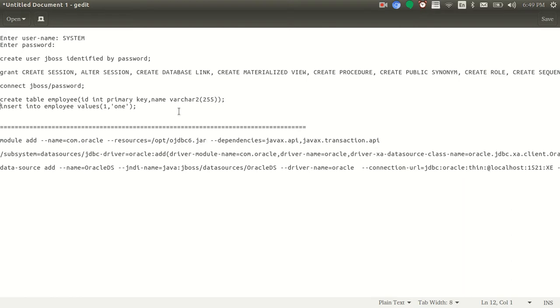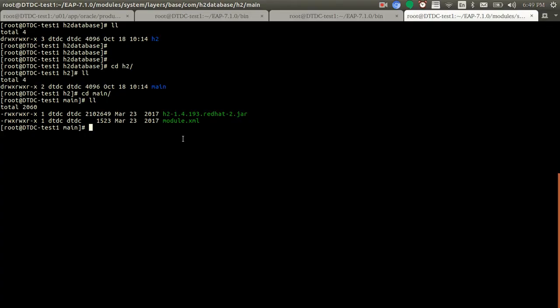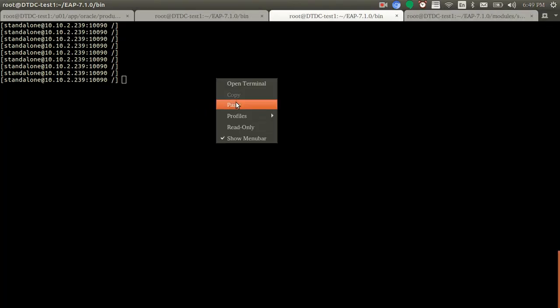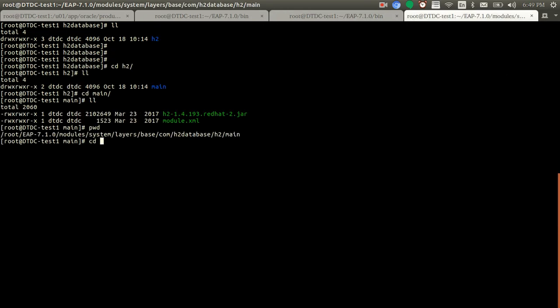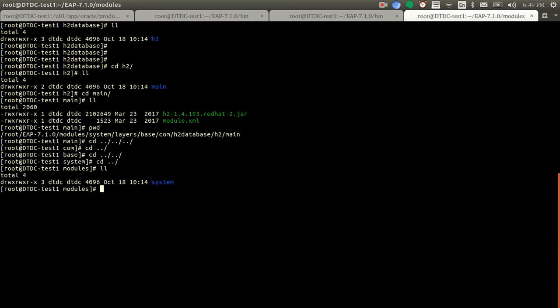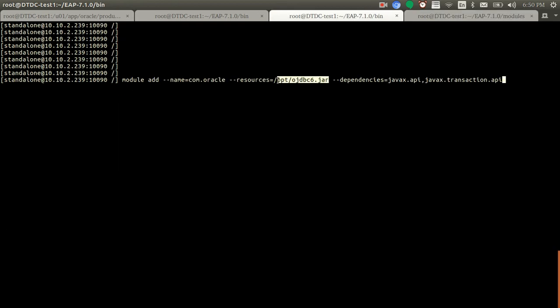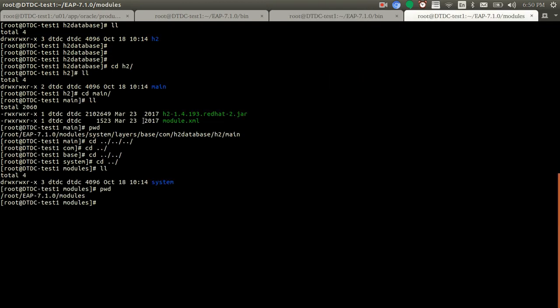So from the CLI I'm trying to execute this command. This command is trying to create the folder com Oracle under Jboss modules. I'm copying this jar file from /opt which I have, and this is related to dependencies. So under modules it is trying to create a folder com Oracle,